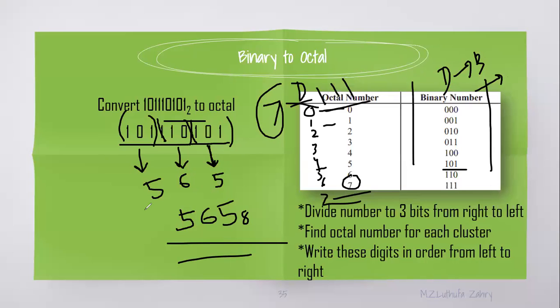Yes, you got confused because of the 5 on both sides. You have to write it from right to left. Okay. Sorry, left to right. This side is left. Okay. Sorry, you have to write it from left to right, not from right to left. Okay. Left to right. So 565. Okay. Write it from left to right.